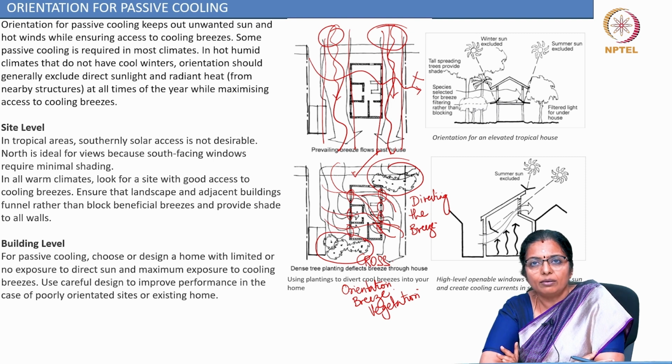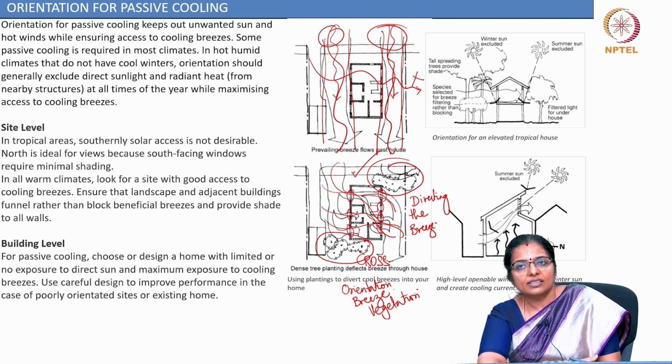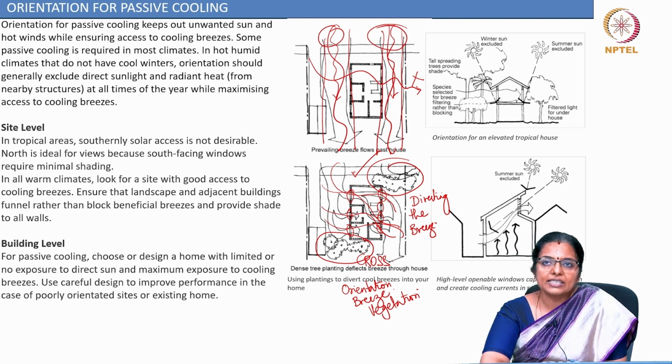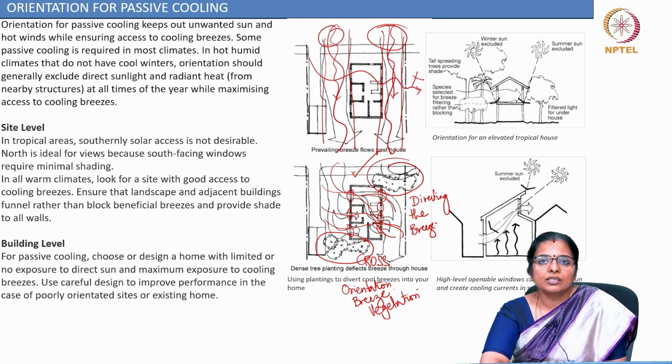At site level, in tropical areas, southerly solar access is not desirable. North is ideal for views because south facing windows require minimal shading. In all warm climates, look for a site with good access to cooling breezes. Ensure that landscape and adjacent buildings funnel rather than block beneficial breezes and provide shade to all